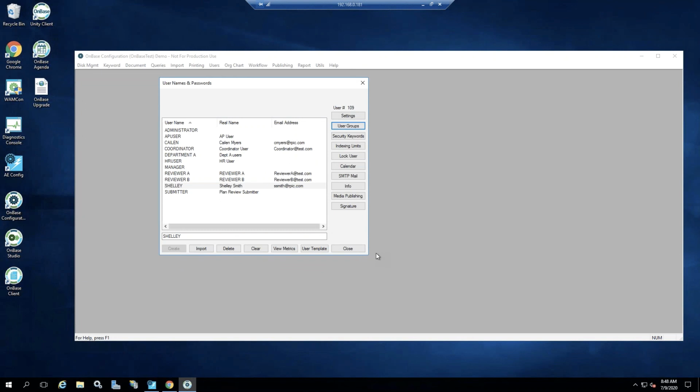And then I know there's a couple more options on the screen, such as security keywords, calendars, signatures. Again, we just don't have enough time to go through all those throughout the day. So please feel free to read the manual reference guides, or of course reach out to us here at RPI,